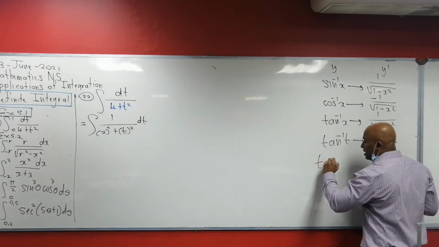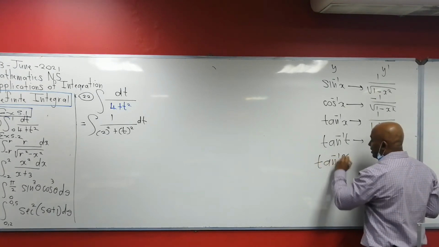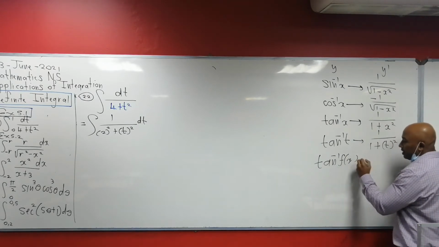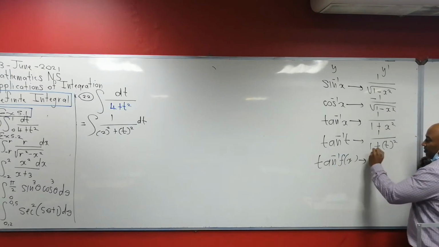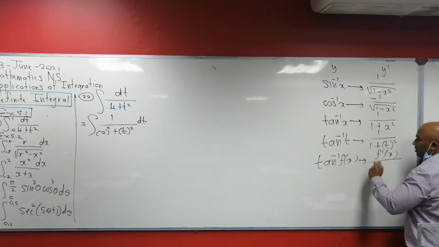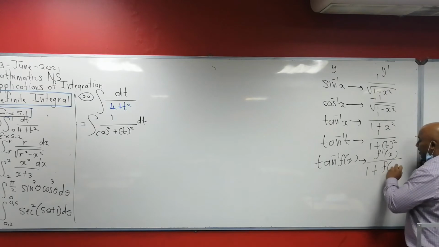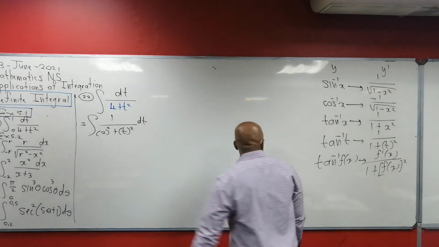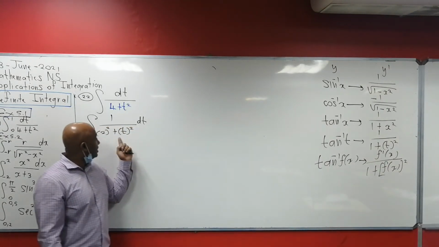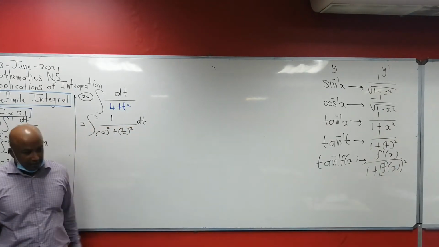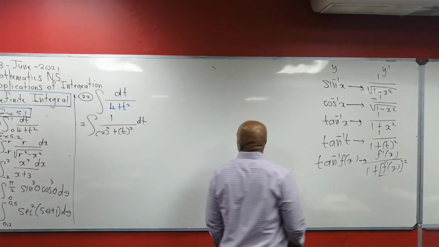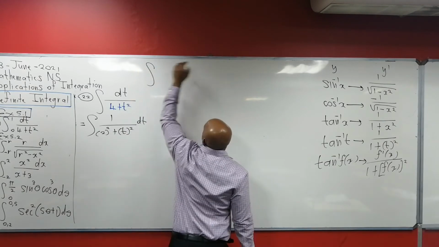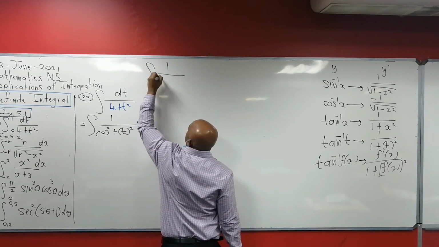The proper formula is, if you have inverse tan, let's call it f of x. This is how you must know it, so for any case, you can work it out. Then the derivative of inverse tan f of x is going to be f prime x all divided by 1 plus f of x all squared. Right, so when you look at that, you must realize that this is a derivative of inverse tan. But now, the actual formula to do this, which is supposed to be on the formula sheet, is 1 over a squared